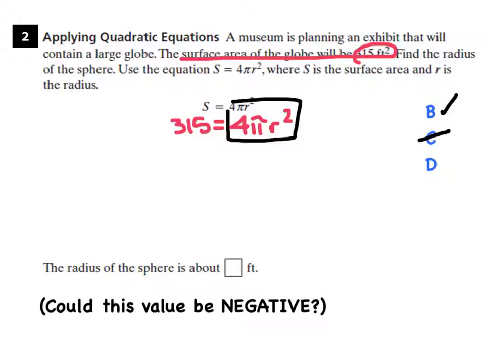What I'm trying to solve for is that r. Okay, so I go straight to D, which stands for divide. There's two things I'm dividing by, the 4 and the pi. 4 pi. Now, we're not going to use 3.14, even though we can if it says that. Alright, so when I work this out, we actually get